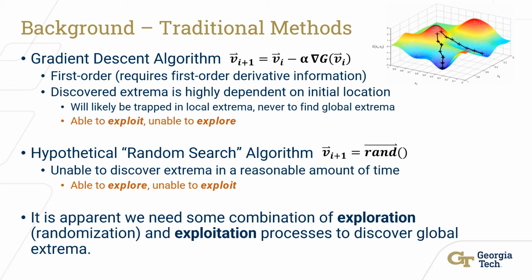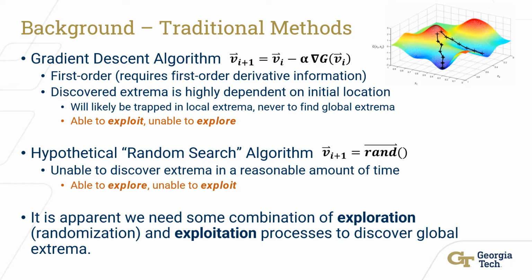To address this lack in exploration, one can imagine a hypothetical optimization algorithm titled the random search, which simply randomly chooses a new variable vector each iteration. This algorithm will do well in exploring the function domain, but has no ability to exploit extrema. From these examples, it is clear that modern algorithms will need some combination of exploration and exploitation processes to consistently